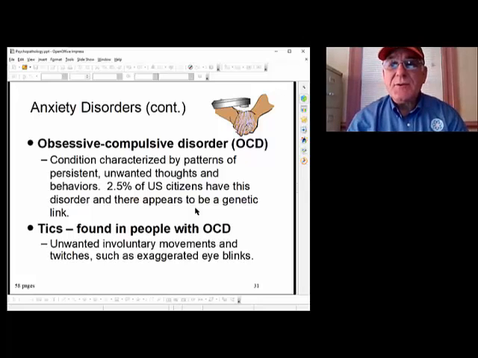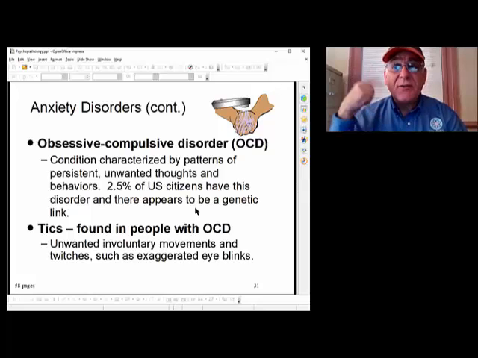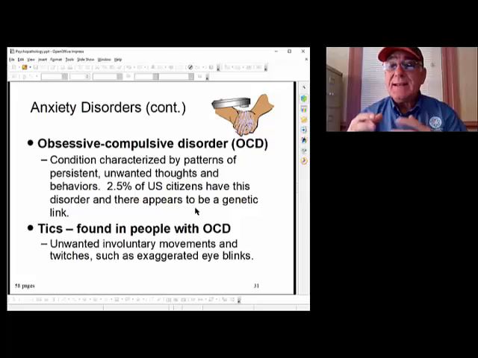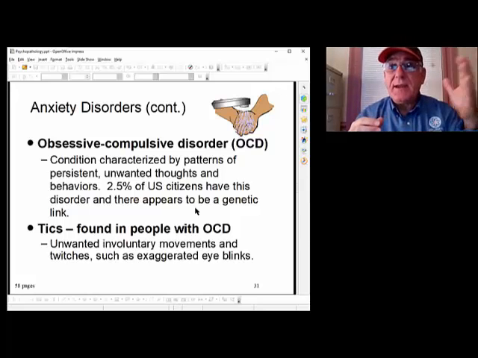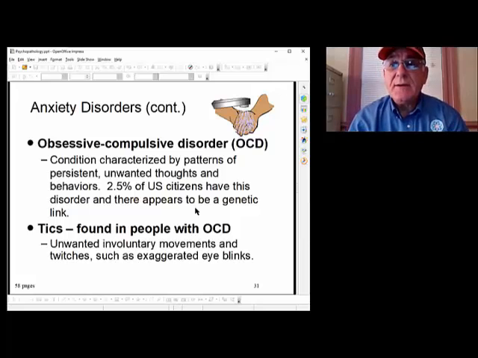Another kind of anxiety disorder is obsessive compulsive disorder. Now, we tend to put this together as one problem, but it's actually two different problems. Obsession is your thoughts, just continuously over and over again thinking about something. Compulsion is the behavior, and it is not necessarily associated with a thought. So a habit can be a compulsion. Without thinking about it, you have a compulsion to do a particular thing over and over again. And the obsession is your thought processes, which may not be connected with any kind of behavior pattern.